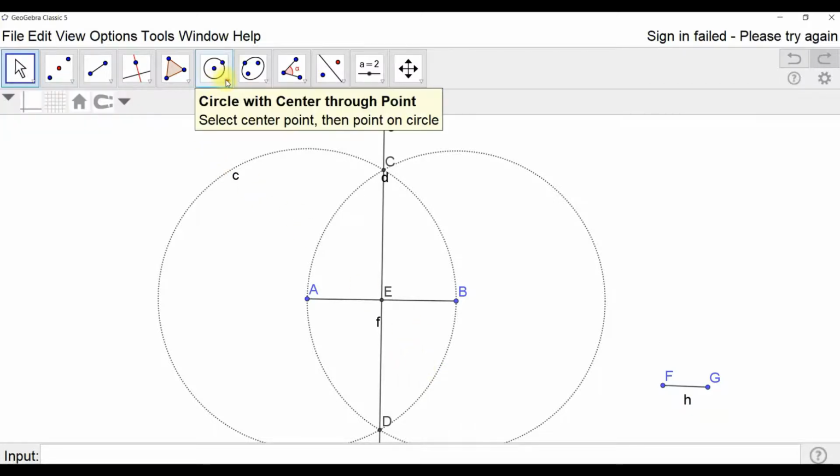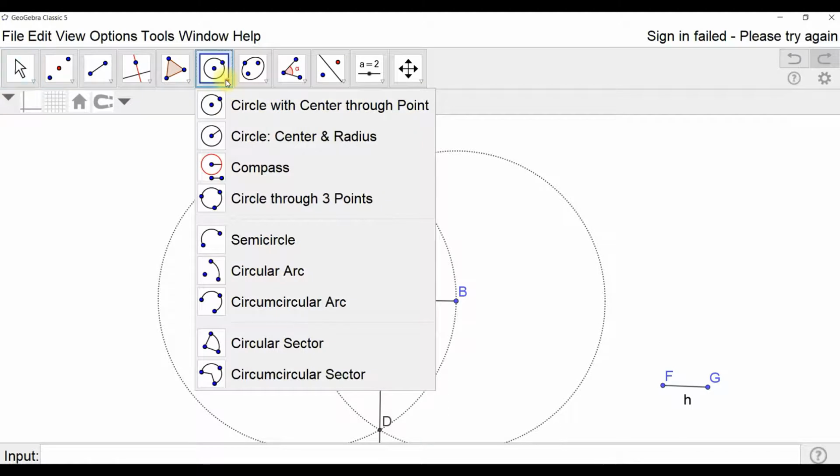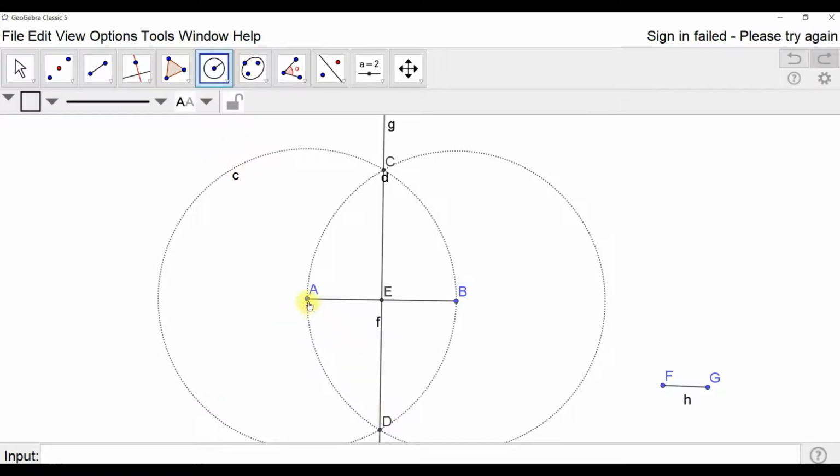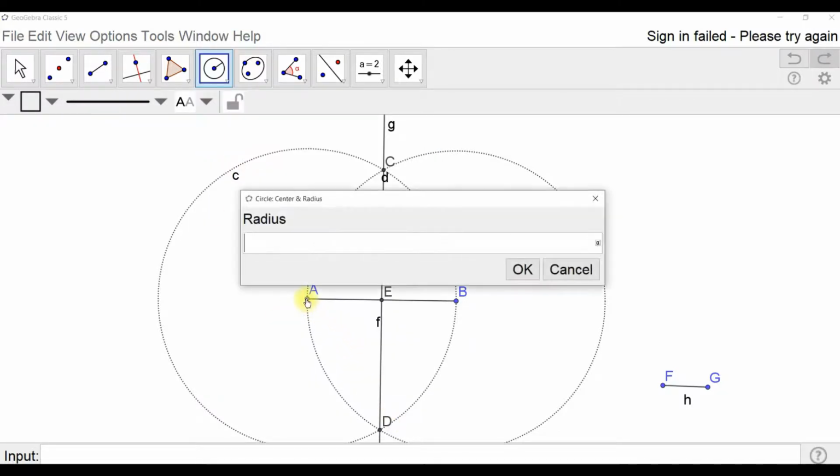And I'm going to go back to my circles, but instead of creating a circle with center through a point, I'm going to create a circle with center and radius. So the first one, basically I need 2 points, the center and some point on the circumference. For this, I need the center and a number for the radius. So if I click on A, I could type in the radius as some number of units, or I'm going to use the name of this line segment H